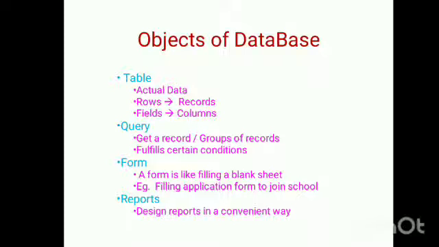Suppose we give roll number equal to 6, it will display the details of roll number 6. Next one, form. Form is like filling particulars in an application form like school admission, bank challan, etc. Then last one, reports. It is a design of reports in a convenient way. That is, reports are printed format to be viewed on screen.